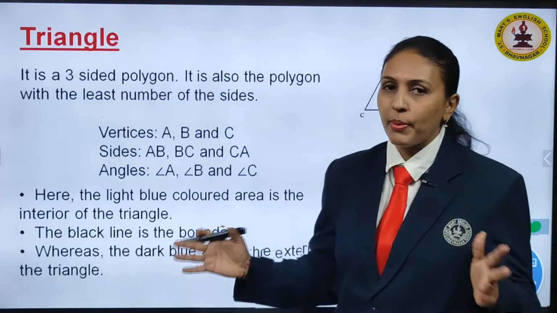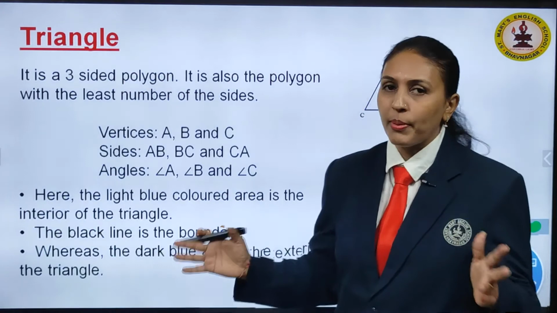Okay, if I draw like this 2, then can you call it a closed figure? No. Why? Because we need one more to make it closed. So, the smallest polygon we have is the triangle here. Okay. Now, the triangle here, children, you can see